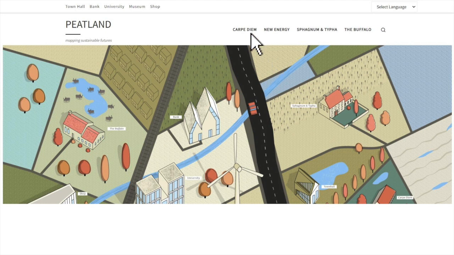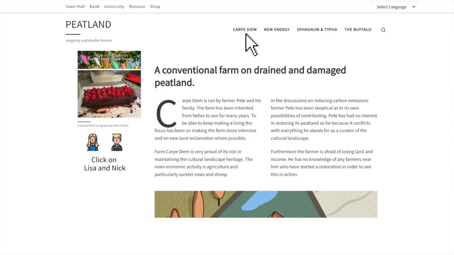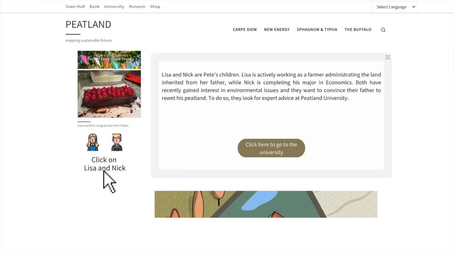Anne navigates and goes to Carpe Diem, that represents a traditional drained peatland. She immersed herself in the story of Farmer Pete, who is skeptical about how he can contribute to reducing carbon emissions. On the other hand, his children, Lisa, a farmer, and Nick, an economics student, are convinced that their father cares about their future, although hesitant to change. By clicking the avatars of Lisa and Nick,